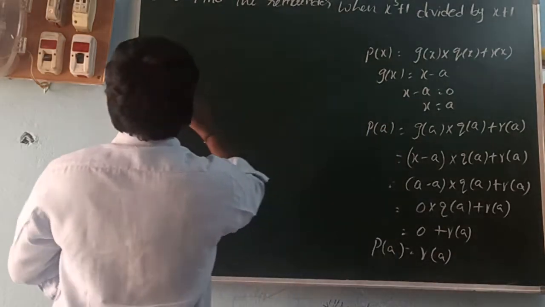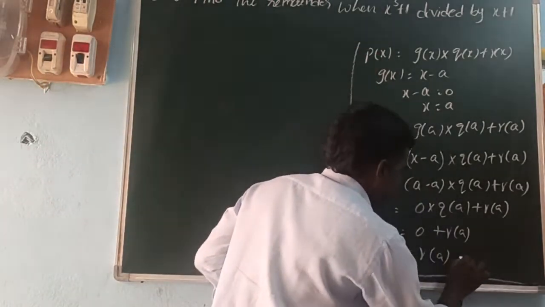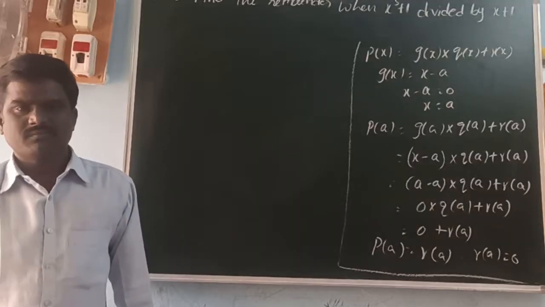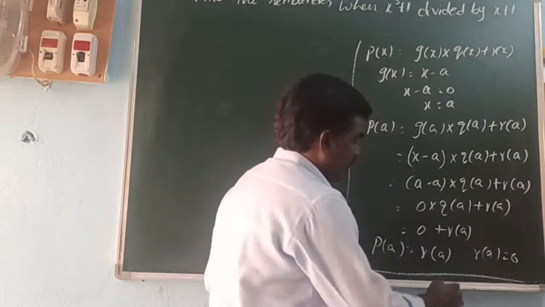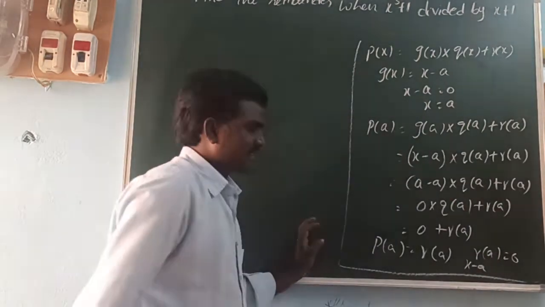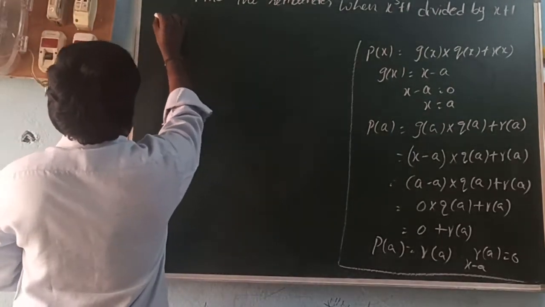This is called the remainder theorem. If r of a is equal to 0, then x minus a is a factor or divisor of the given polynomial. So here, by using the remainder theorem,